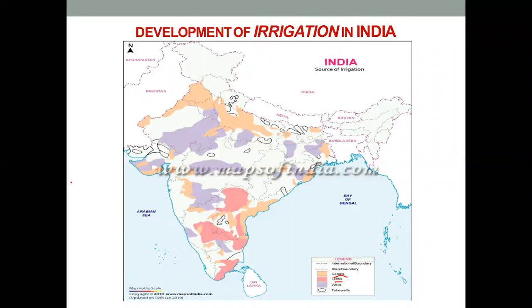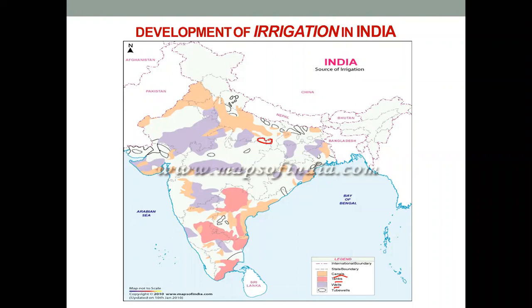The light purple patches of land are the areas in which the agricultural fields receive irrigation water from wells. And the last, you see there are some hollow patches here.